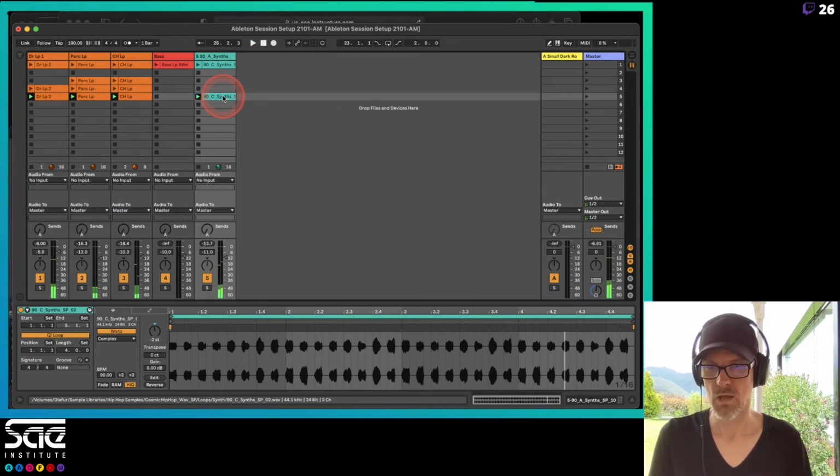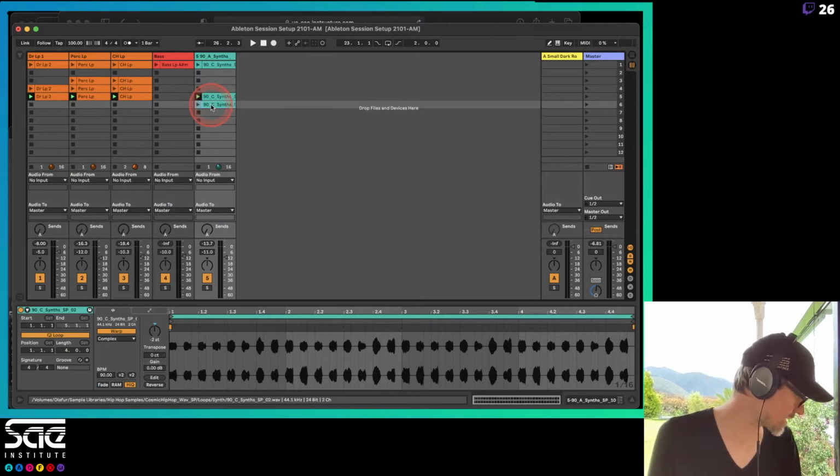Cool. I'm going to pull my synth down here like this, so it's just on its own little